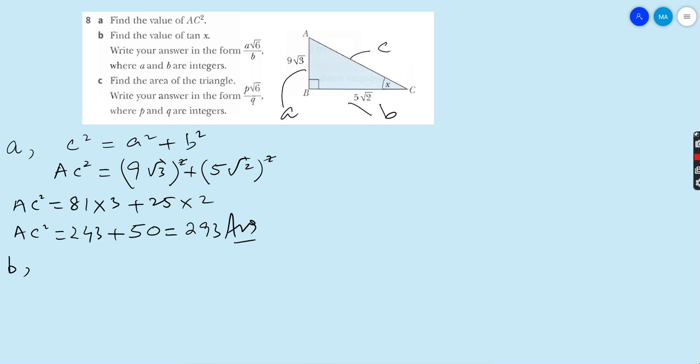Part B: find the value of tan x. Write your answer in the form of A root 6 upon B. This is a right angle triangle, and in a right angle triangle we can apply the trigonometrical ratios. Angle is given, x. So tan is opposite upon adjacent. Opposite of x is 9 root 3 and adjacent is 5 root 2. So 9 root 3